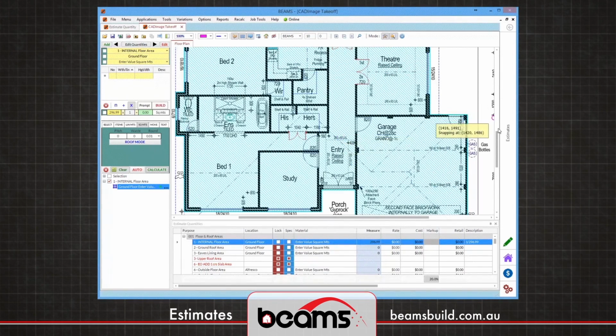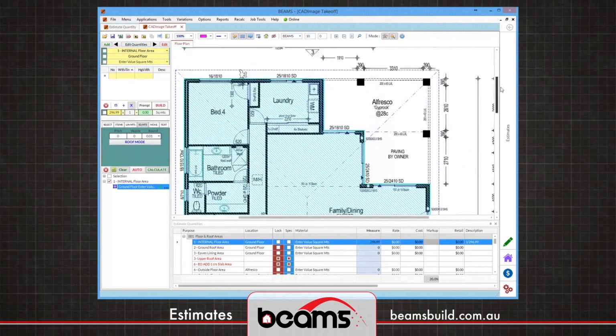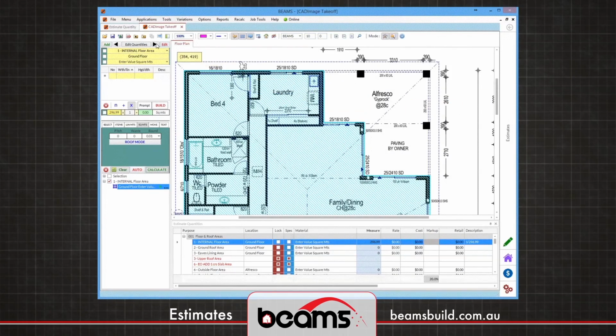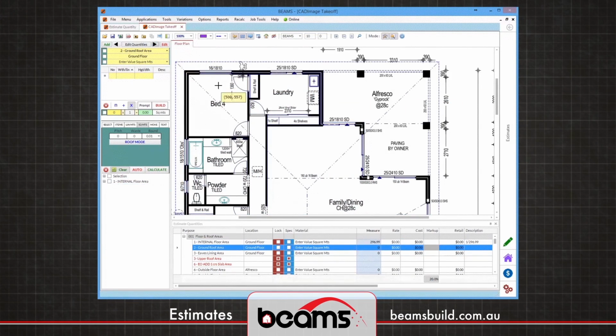Those items are now being applied to the job and valued. Equally, another feature of Beams is what we call roofing tools. So if I'm going to create a roof panel here, I enter a roof pitch of 25 degrees. I'm going to have some wastage, let's say 100 mil. We want to round to, let's say, 0.1 roof mode. If I'm using roof sheeting, let's say a roof cover of 760 mil,